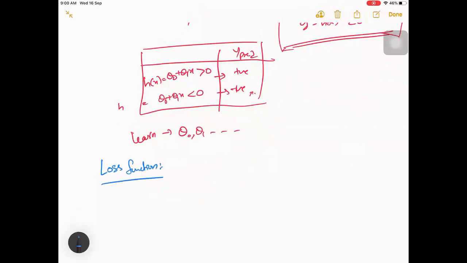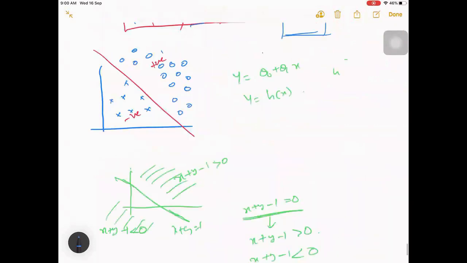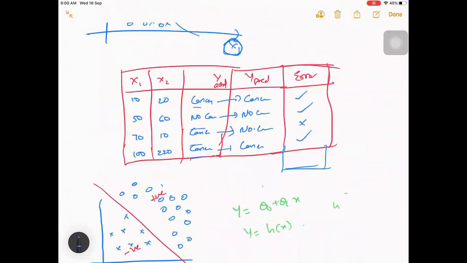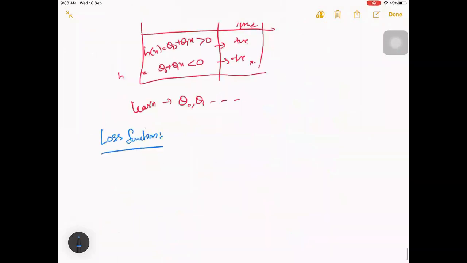Usually for a classification, if you see a loss function, it's kind of an error, right? In case you are making a mistake, that is what you want to capture. If it is cancer and it is detected as cancer, it is well and good, no issues with that. But if it is cancer and detected as not cancer, the prediction is opposite to the actual, then you have to take it up. But here, that is a binary class. It's not a continuous error.